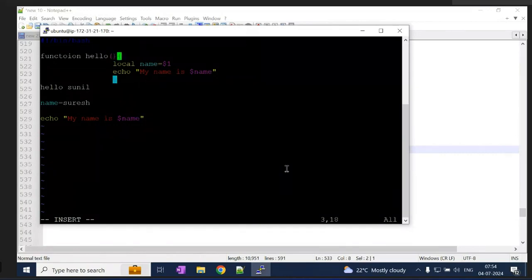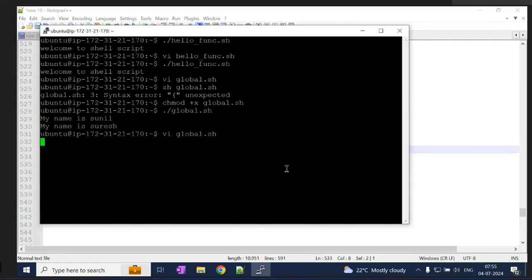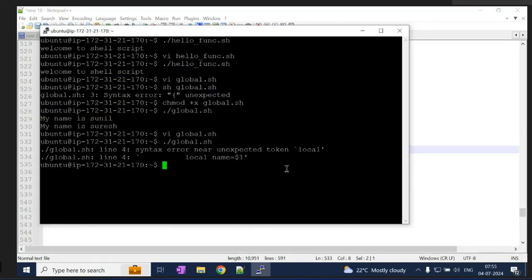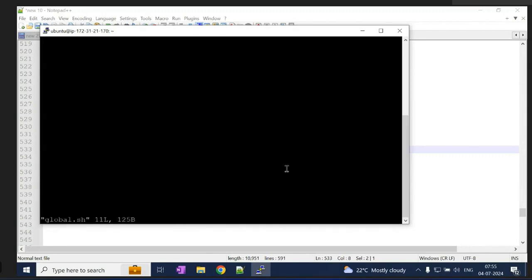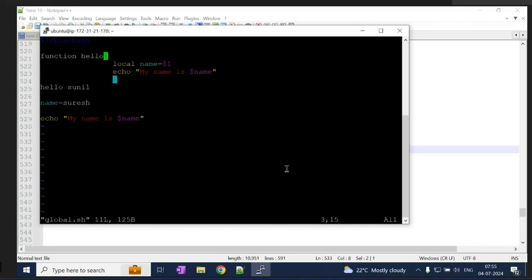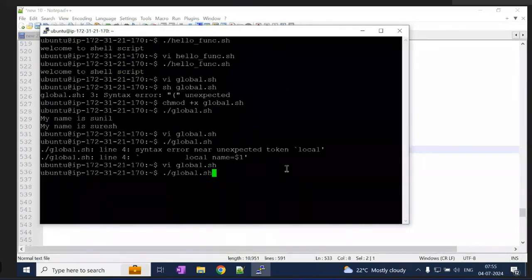So everyone will get to know this is a function, and I am writing the function which is hello, right? So sometimes it works, sometimes it won't work. It depends, but ideally the function should be written in this way. Open and close. This is the ideal syntax.